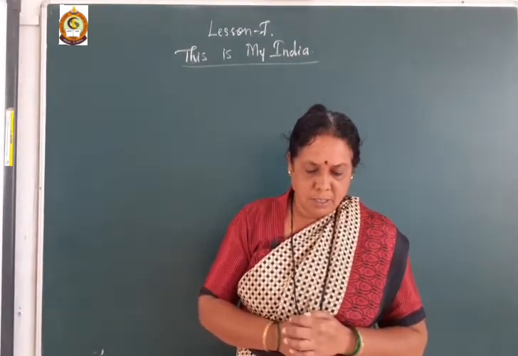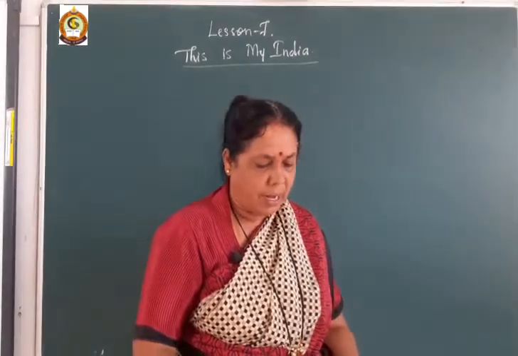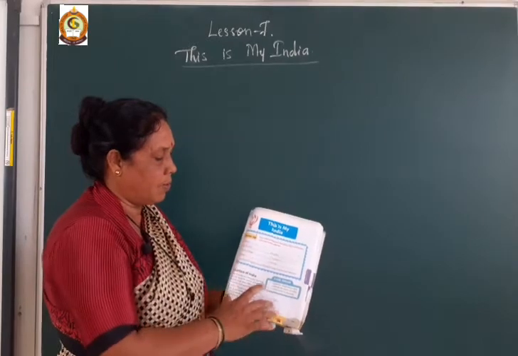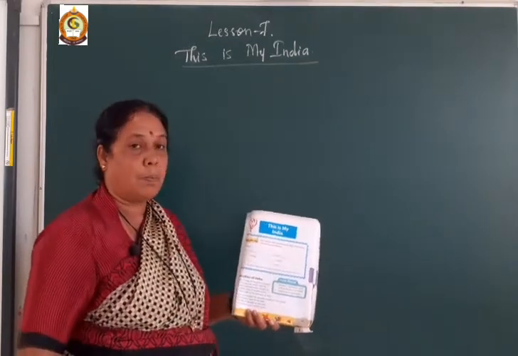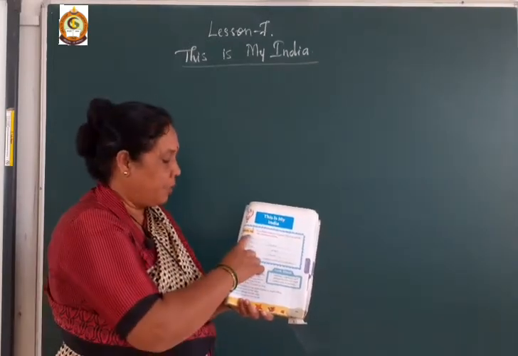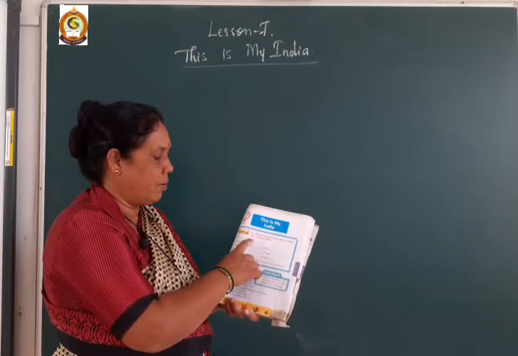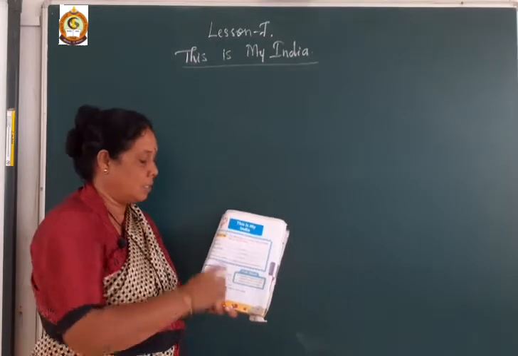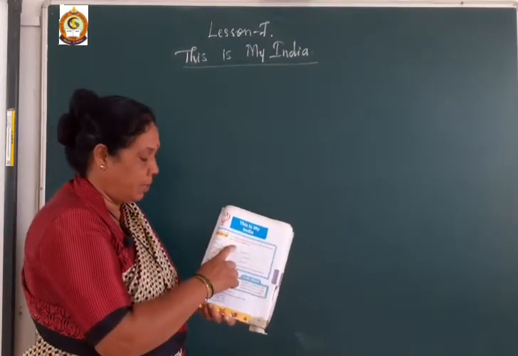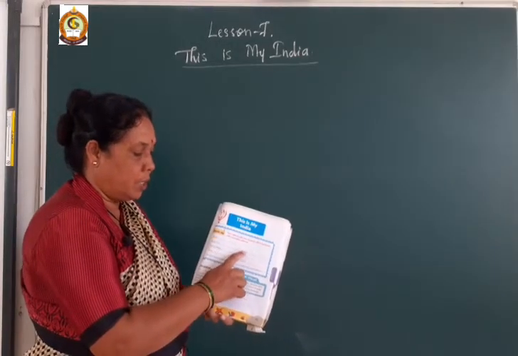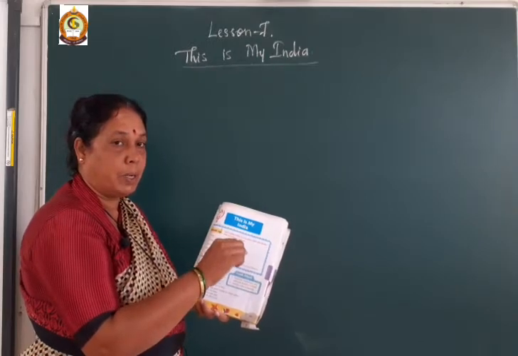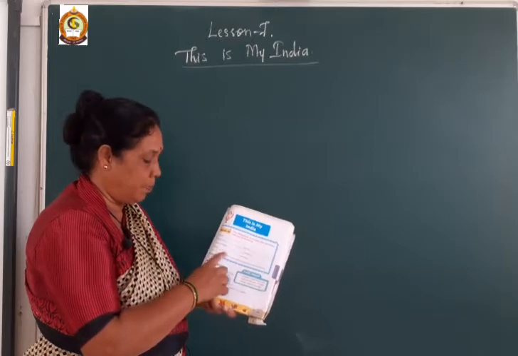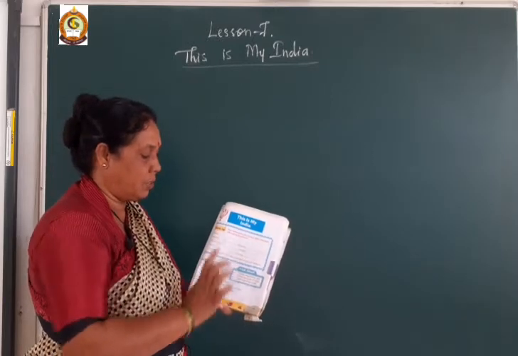Dear students, here one warm-up has been given that you have to complete. This is homework for you. Before starting the lesson, you have to complete this warm-up activity. You should write your name, okay? Your address tells your location. Fill in the blanks with your house address. So you should write down your name here, your house number, your locality, means in which place you are living, what is your village name, what is your district name, and which is our state and which is our country.